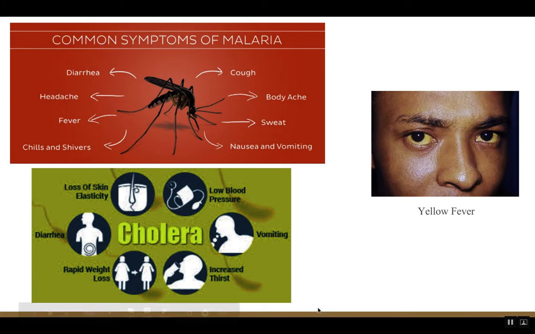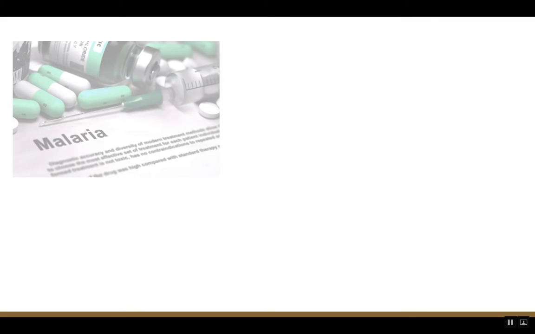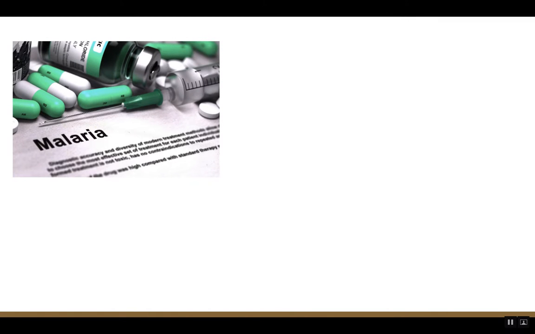Now, are there any treatment options? Yes. Tropical diseases are curable. There are treatment options utilized for each disease individually. Malaria is a treatable disease. It may be treated through medication and antibiotics. The goal of the treatment is to reduce transmission of the infection to others, and to prevent the emergence and spread of resistance to antiviral medicines.